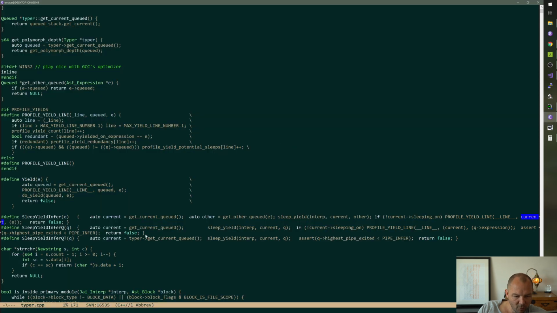Sleep yield infer Q still has too many parentheses. I don't see why.